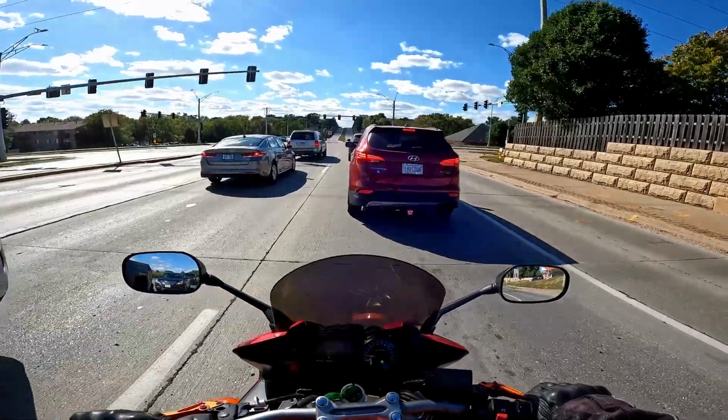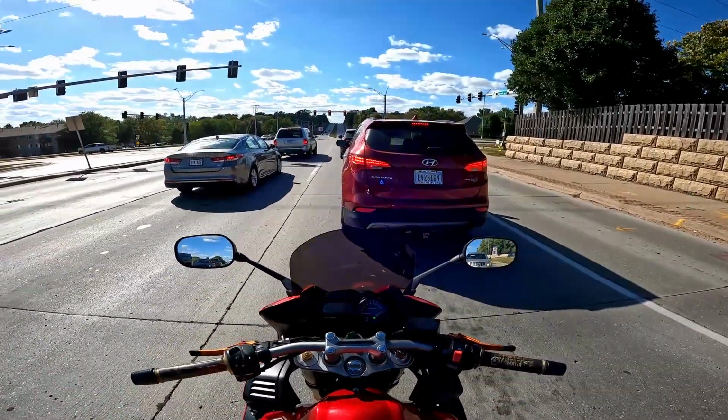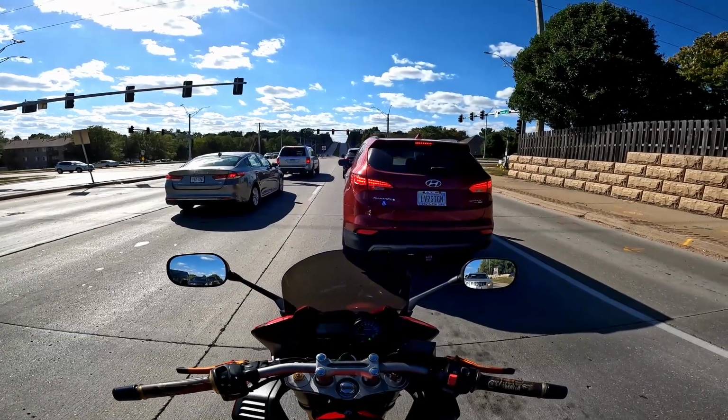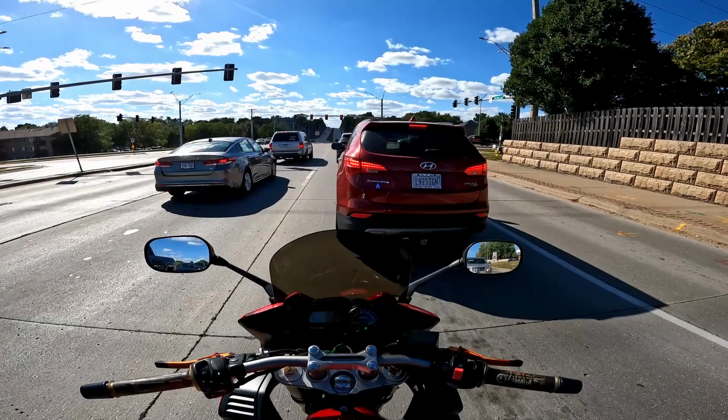Alright, I'm going to start off by saying that I really do enjoy this bike. I actually love this bike. It was kind of hard coming up with some reasons. I was trying to do 5, but I really could only come up with 3 that I actually really